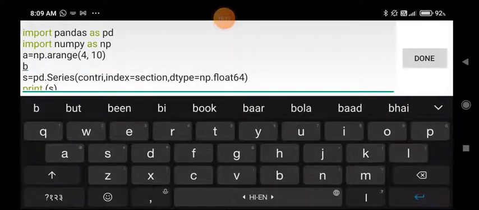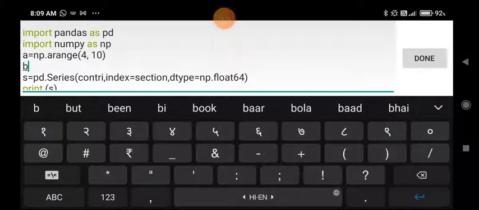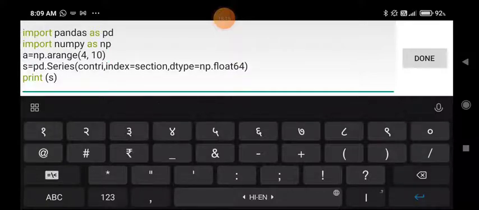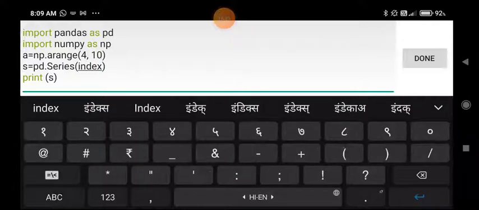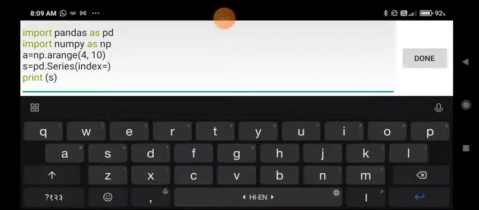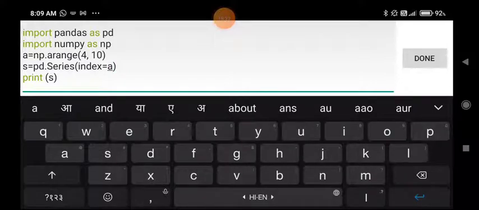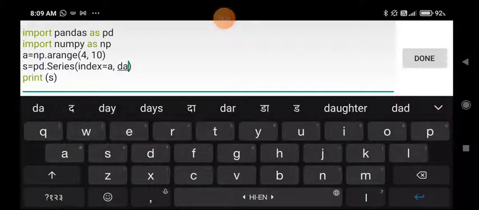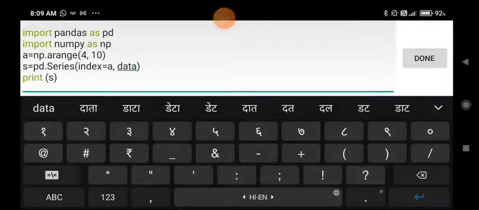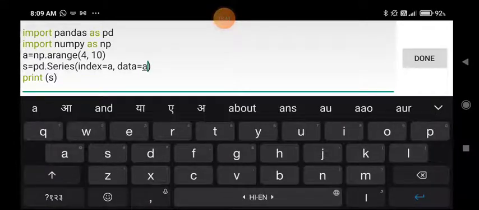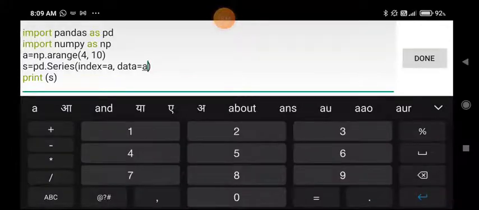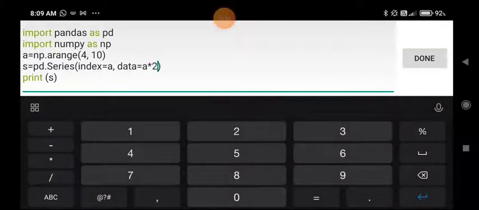And then I am writing b is equals to, okay, let it be like this. And while creating the series object, I am writing index is equals to a, comma data is equals to a multiplied by 2. So for that I am using the multiplication symbol and 2.